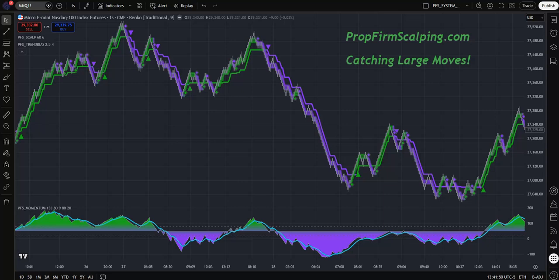Continuing with part 2 of catching large moves. Now you can do this both for intraday trading or, if you get into swing trading. One thing right away when you're using something like a momentum tool,